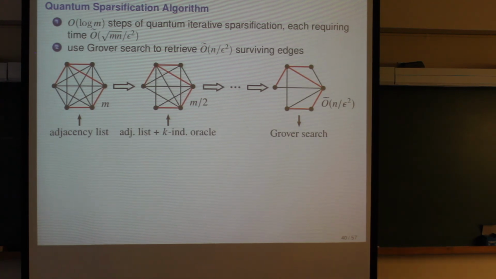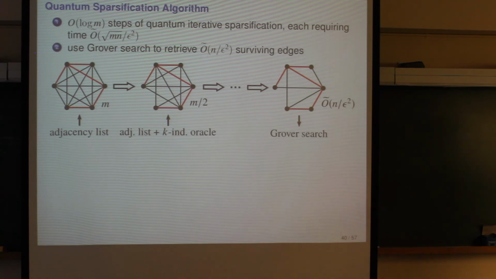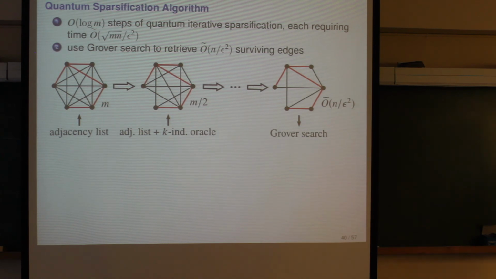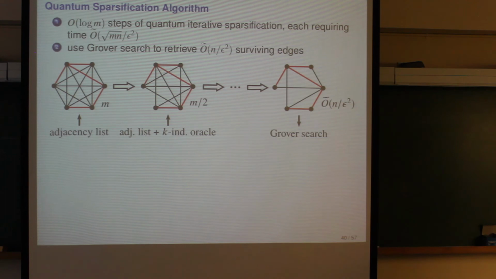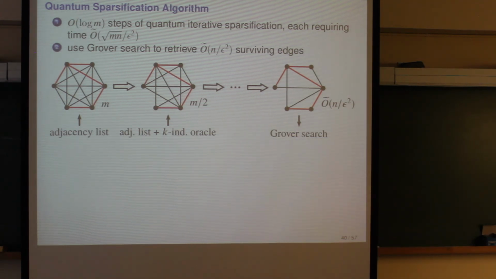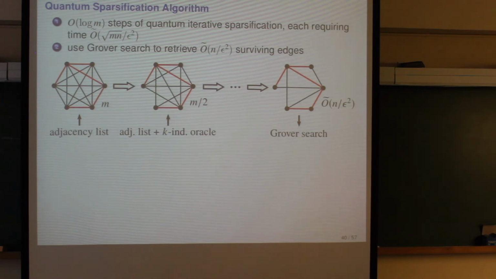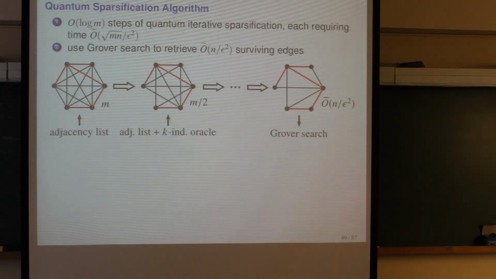Oh, k would be... So you describe your full algorithm, assuming random advice. You look at the runtime of the full algorithm. That would be k. Yeah, so assuming access to a uniform random advice string, the runtime would be square root mn over epsilon squared times the number of iterations, but this is just logarithmic.